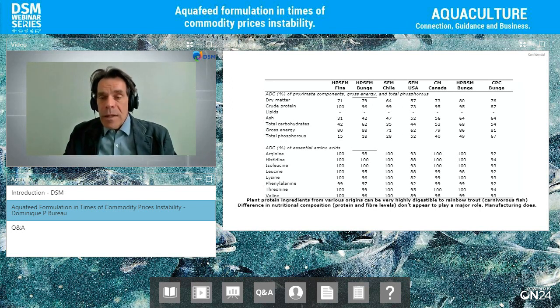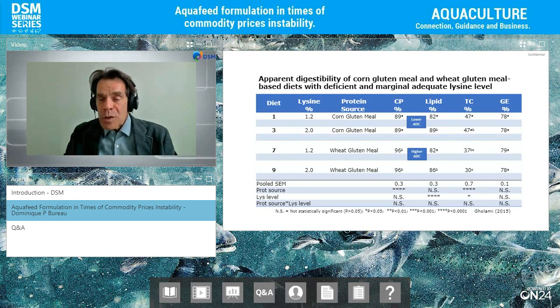Now, even your standard ingredients can have variable digestibility. In this case, many years ago, we carried out research on corn gluten meal, and we were measuring digestibility of over 90%. 95% was very common when we measured the digestibility of corn gluten meal. Wheat gluten is always highly digestible, always in the order of 95 to 99%. It's a good quality product.